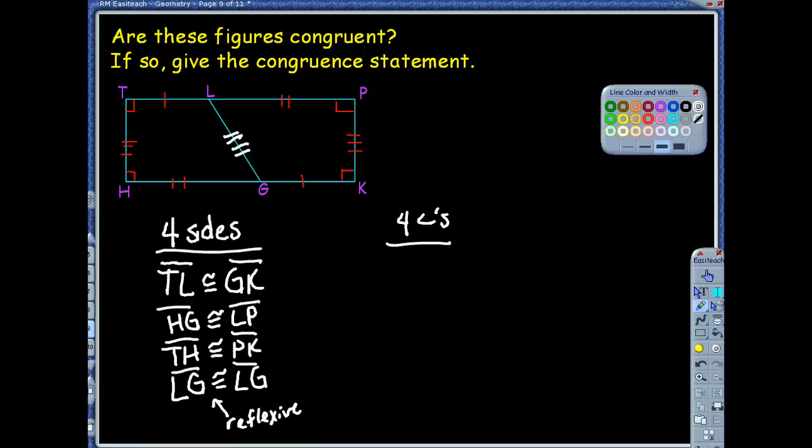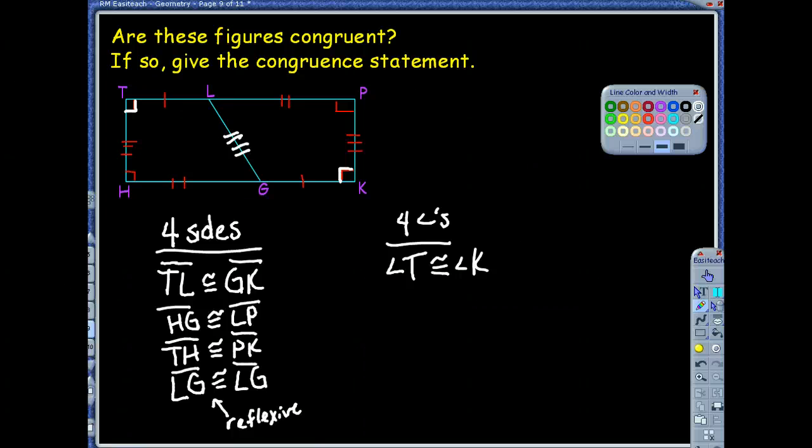Okay, so I need 4 pairs of congruent angles. I see the angles that are labeled are all right angles, and we know all right angles are congruent. Now, let's think about corresponding pieces. I'm going to start with angle T. T is located between the 1 and the 3, so it has to do that in the other figure. It would be angle K. Perfect. Because all of them are congruent, all those angles are technically congruent to each other, but we're